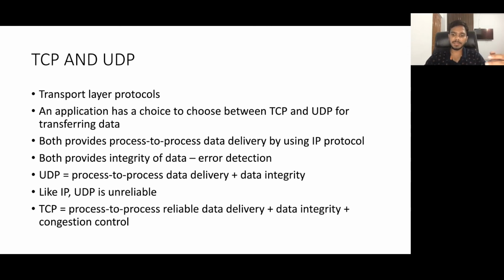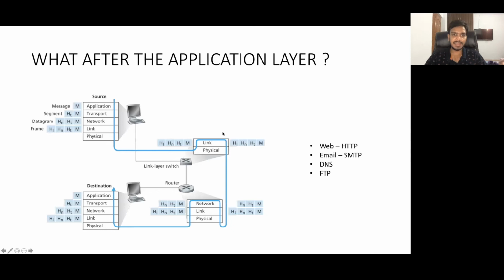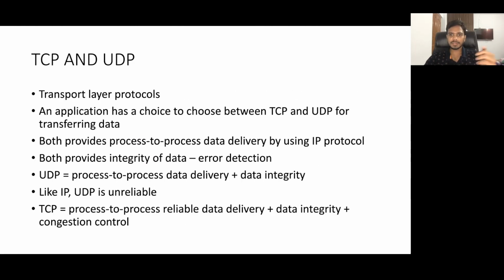So basically what does TCP or UDP do? They help in delivering data from one process to another process. Like from the source application to the destination application, both of them are processes here, from one process to another process. And of course, if you see the important line here, by using the IP protocol, these are the protocols in the transport layer, and they will use the protocols of the layer below it. So they will use the protocol of the network layer here, and the IP protocol is the protocol in the network layer. So both will use the IP protocol to deliver messages from one process to another.